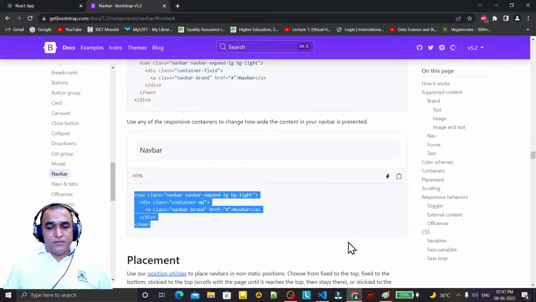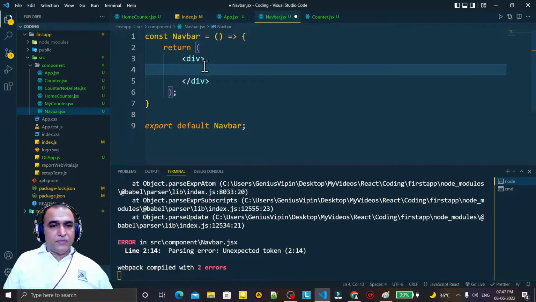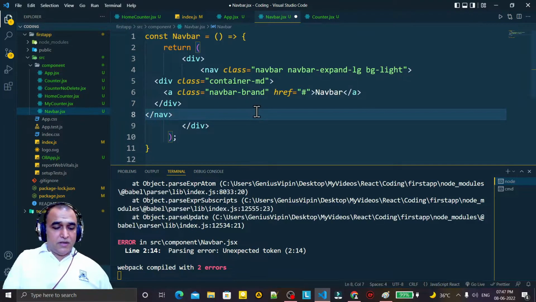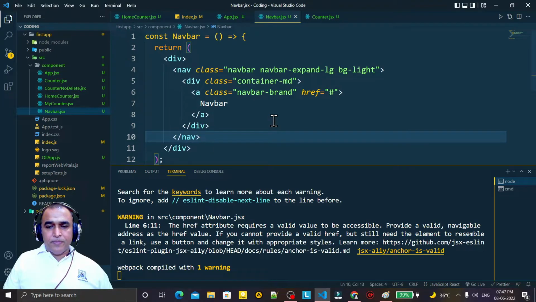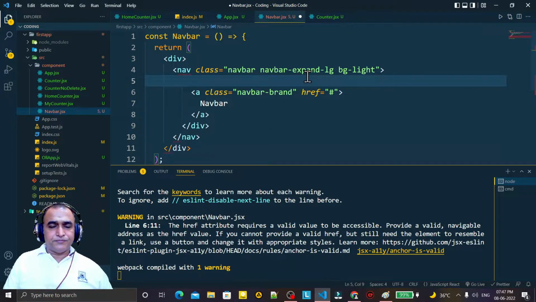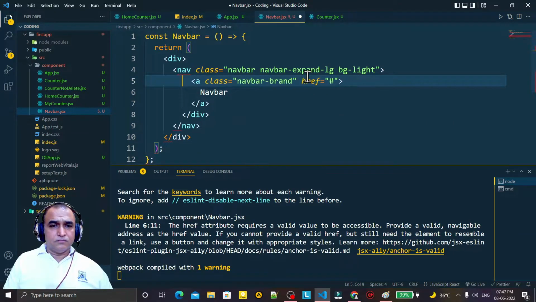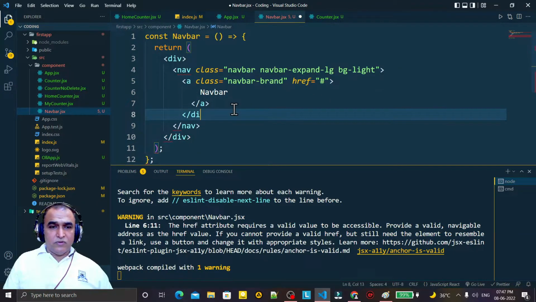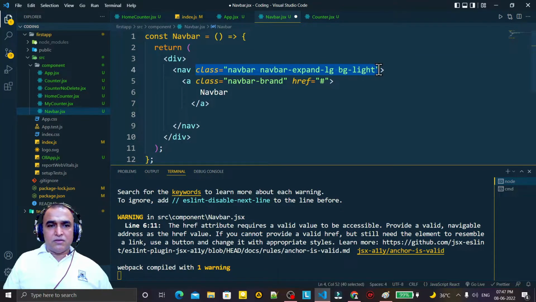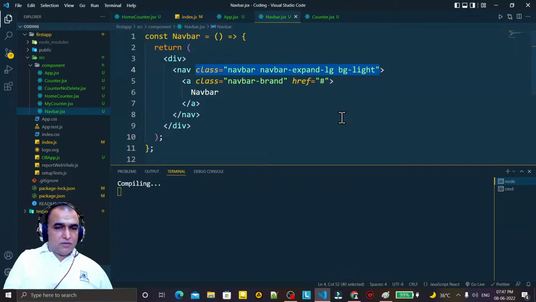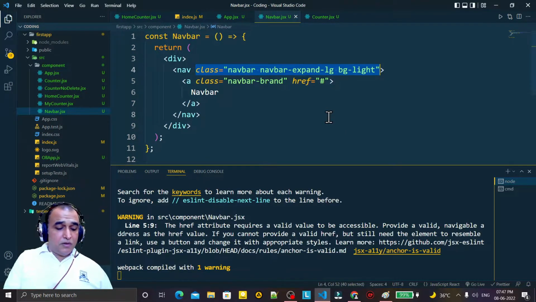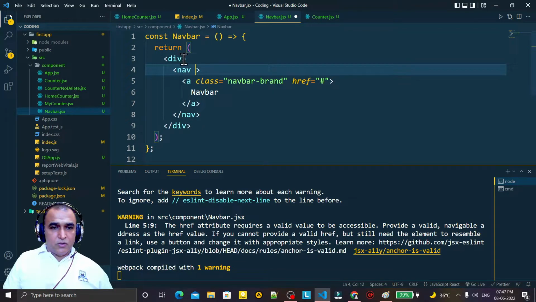I just copy this and try to paste here. Save it. So what I need here, light. So I need to remove this, no need of this. So I remove this one also, and in place of navbar I can copy this all. Save it. I just copy all this and cut to dev,